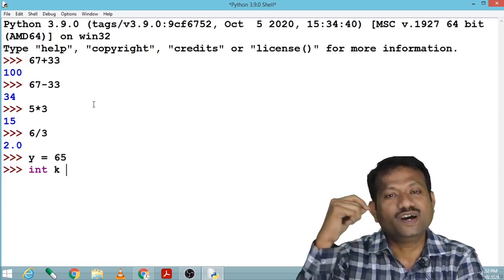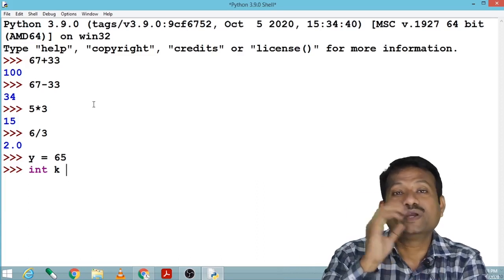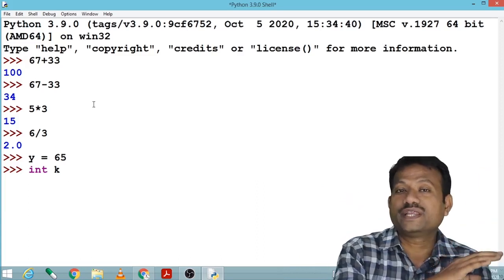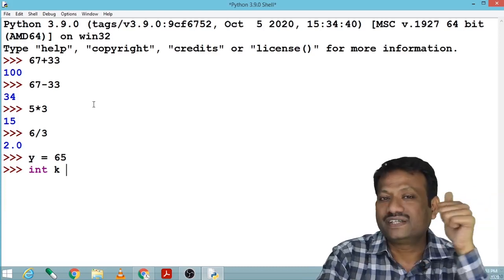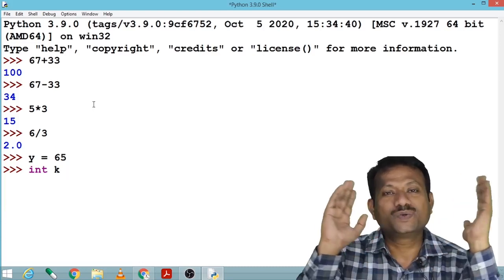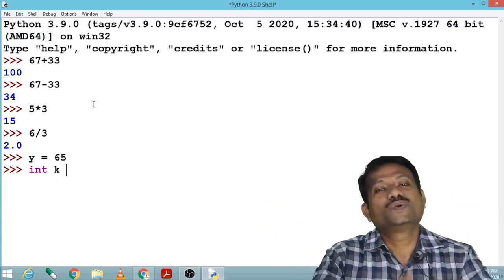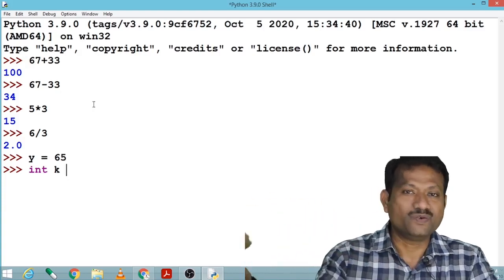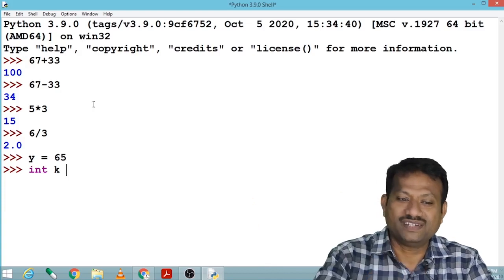Means in another languages, when we define variables, we have to precede that particular variable with its data type. But that is the advantage in Python. We don't have to take care of what kind of data we are going to assign to that particular variable. Means in Python it is done dynamically.